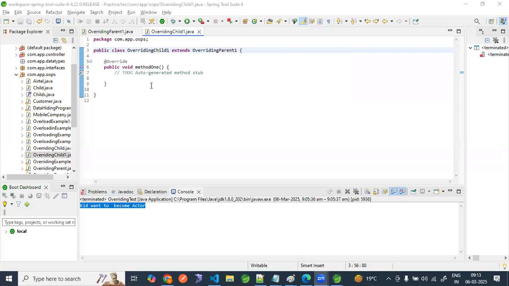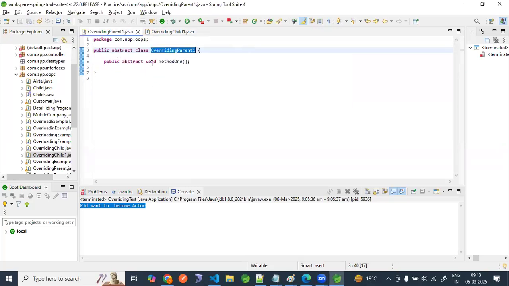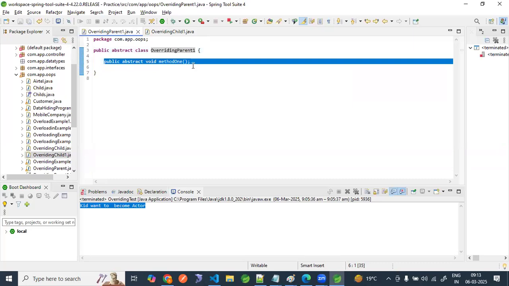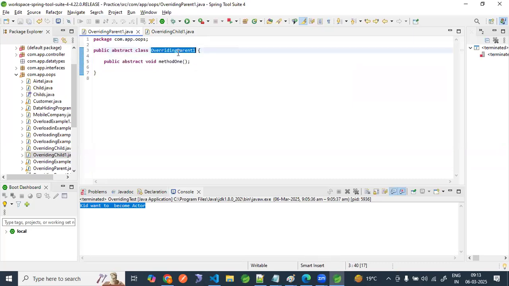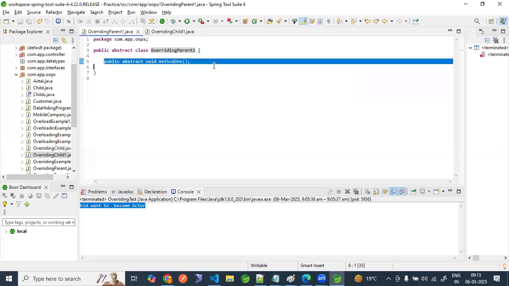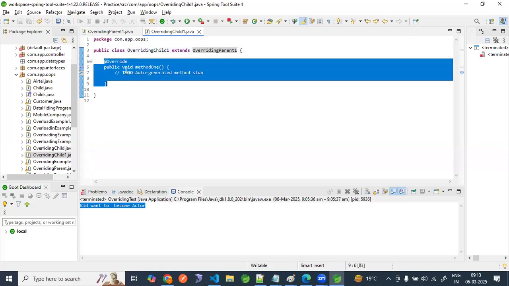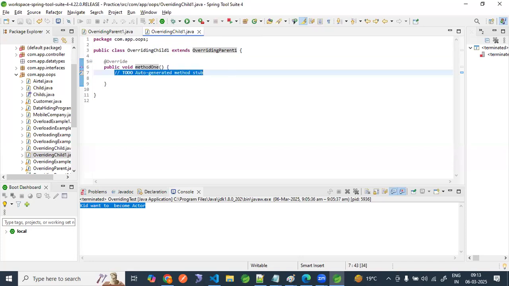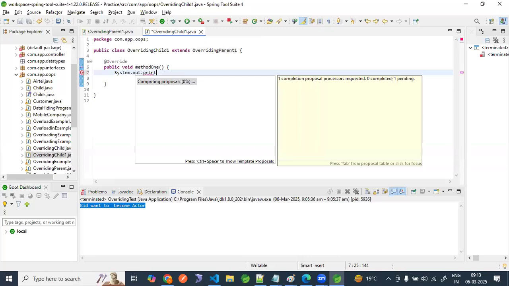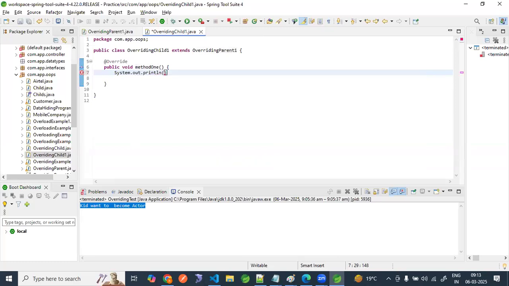So this we can achieve, right? This method, whatever method we are giving in the parent abstract class, this is called overriding only. We are not defining anything inside the parent class, but we give the definition in the child class. This is also one example of overriding. Let me give System.out.println